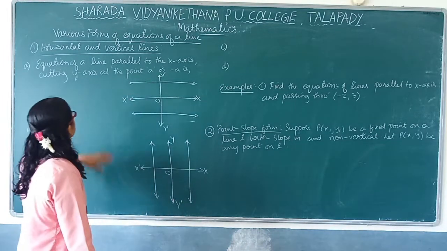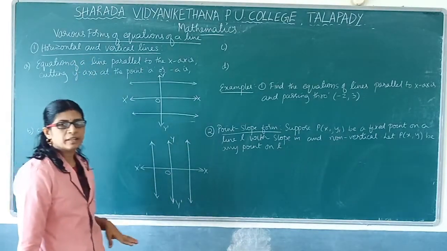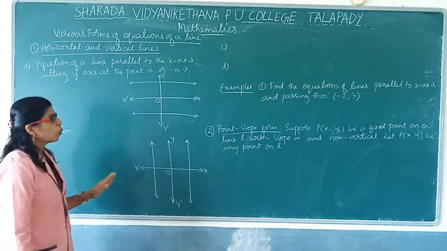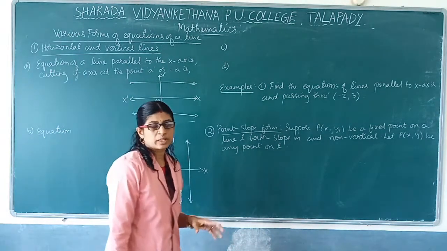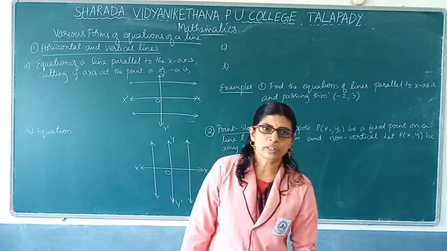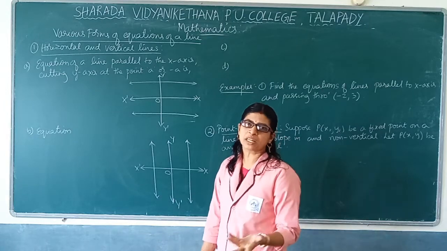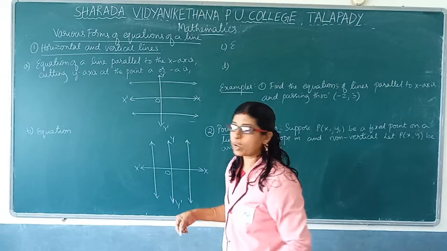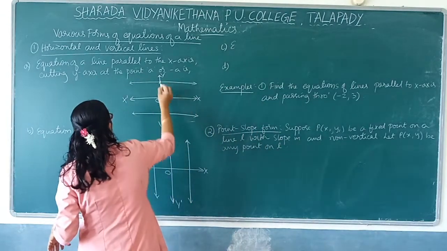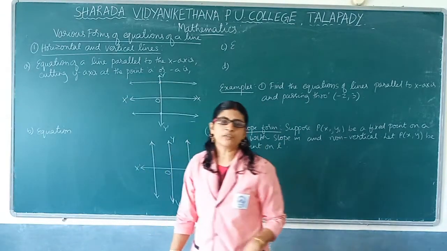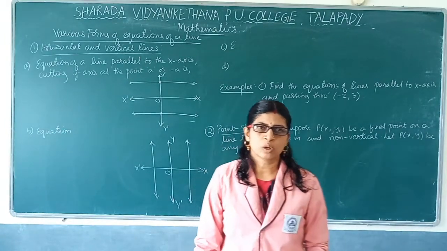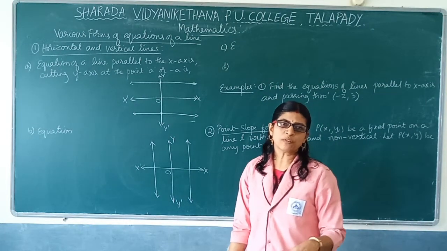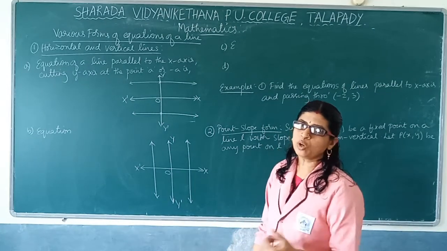Okay, now let us see some more forms of equations of a line, different types of equations of a line. We will begin with the x-axis and y-axis. First I will write what is the equation of the x-axis and what is the equation of the y-axis. Can be asked for 1 mark. So the equation of the y-axis, just observe: what is the x coordinate of any point you take on the y-axis? The x coordinate of any point lying on the y-axis is 0. That means the equation of the y-axis is nothing but x is equal to 0.